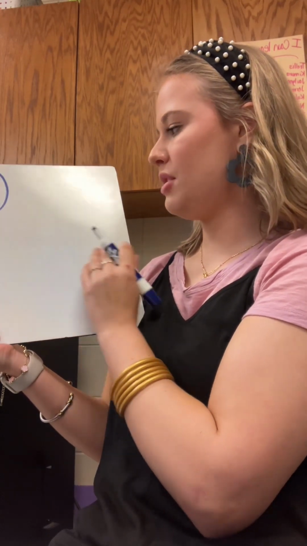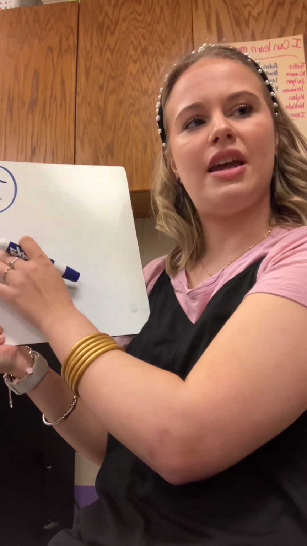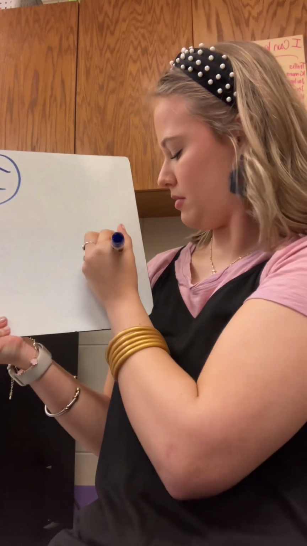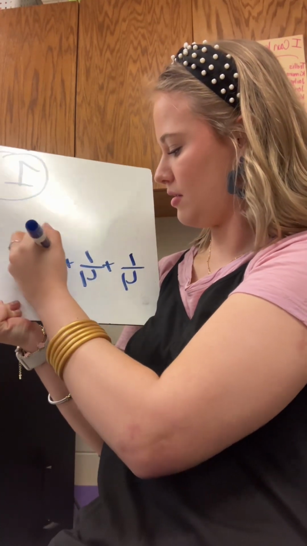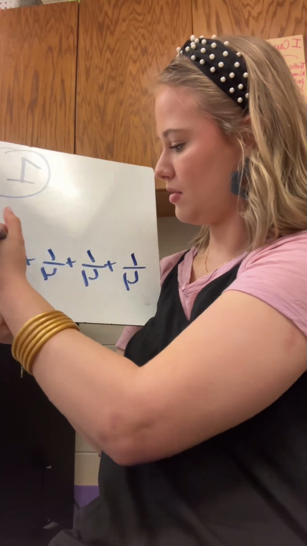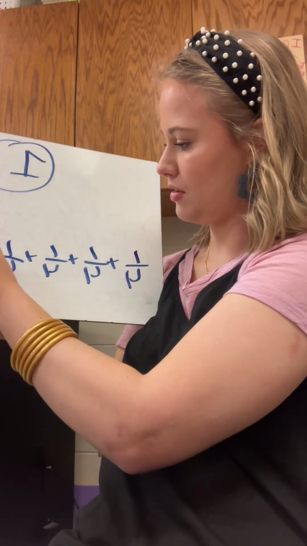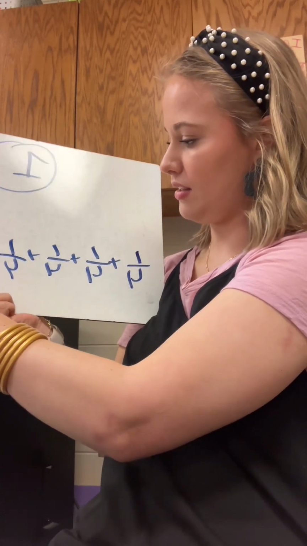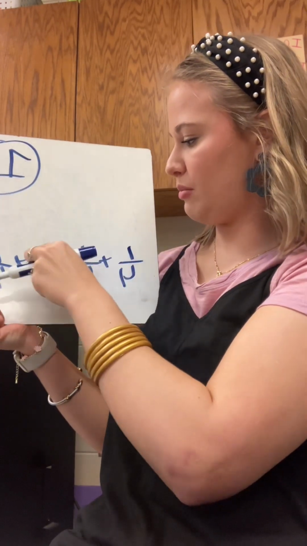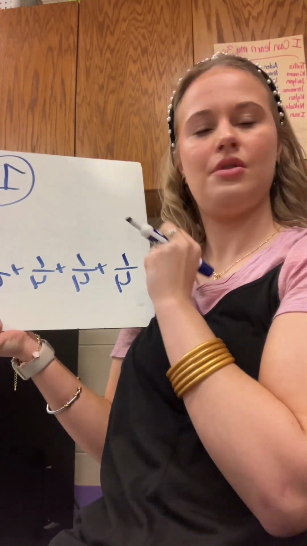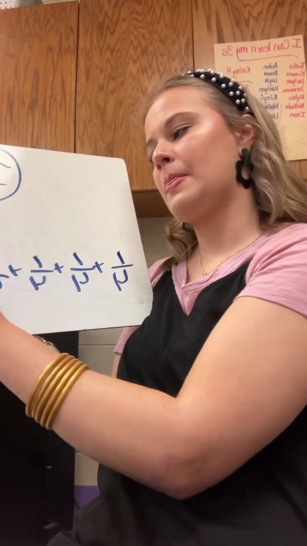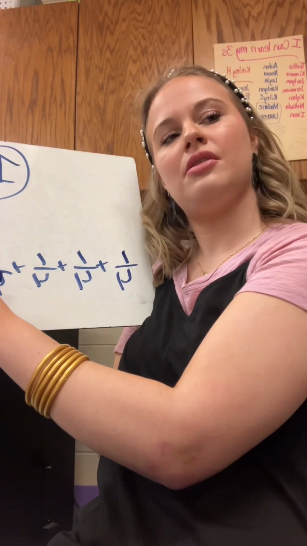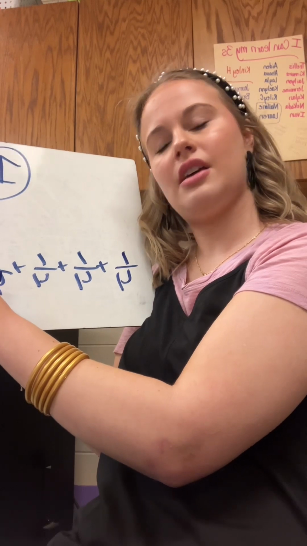So how many fourths, again, will we need to make 3 more? So if we add them together, the denominator is going to stay the same. And what's 1 plus 1 plus 1 plus 1? 4. So when we have a fraction that has the same number, the numerator, as the denominator,